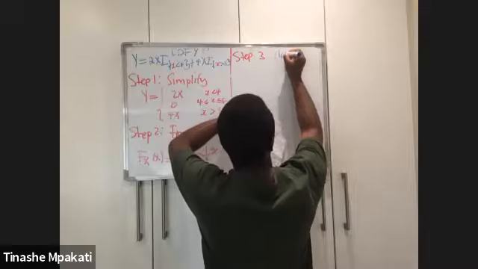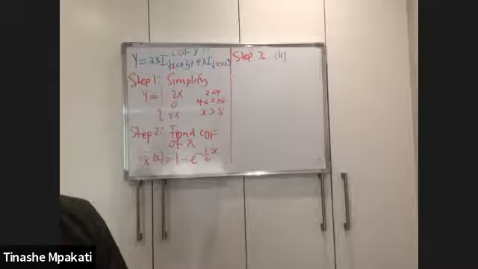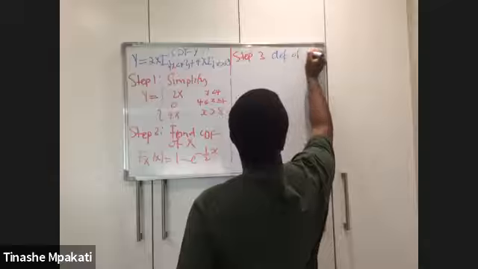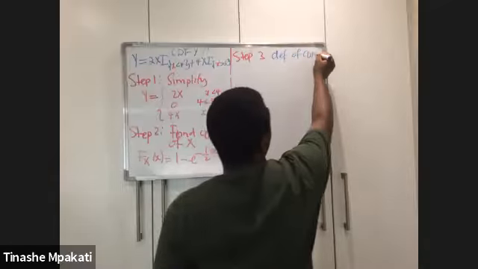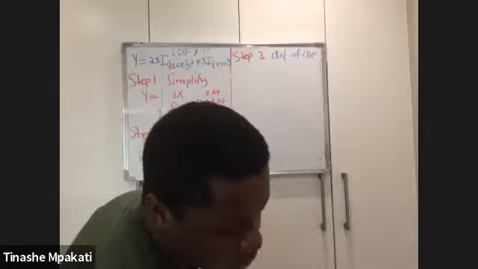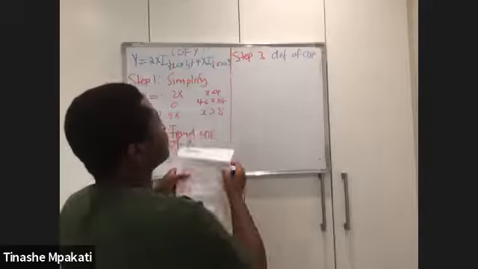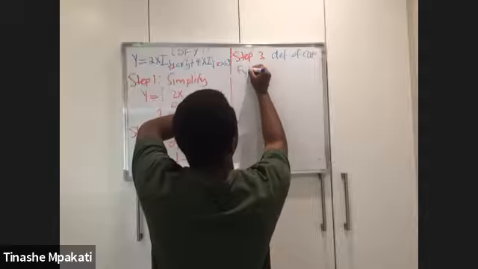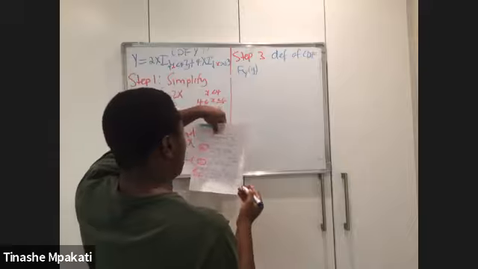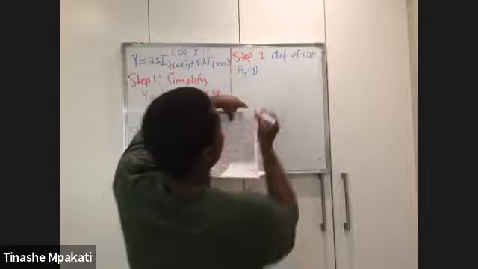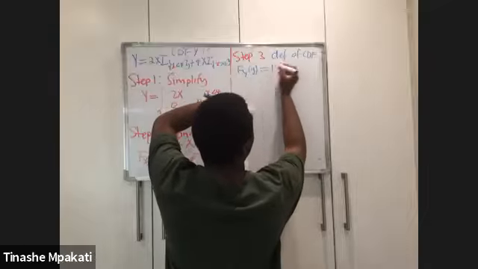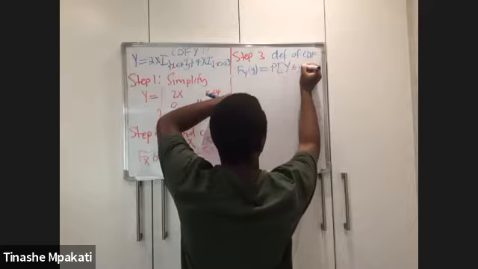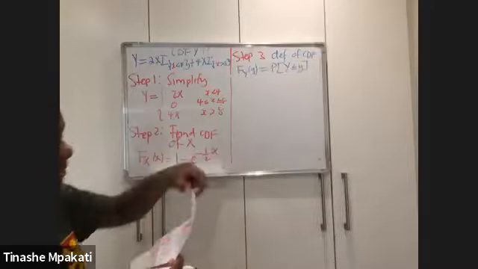So I'm going to write definition of CDF. Remember, we want the CDF of y. This step says to use the definition of a CDF to find the CDF of y. By that I mean you write that the CDF of y is simply equal to the probability that the random variable Y is less than or equal to y, like this. That's what the third step should be.